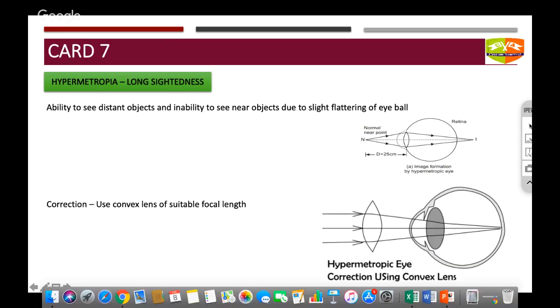And hypermetropia is exactly the opposite thing. So what do I mean by exactly opposite thing? It means the ability to see distant objects and inability to see nearer objects. And why does it happen? Because the distance between